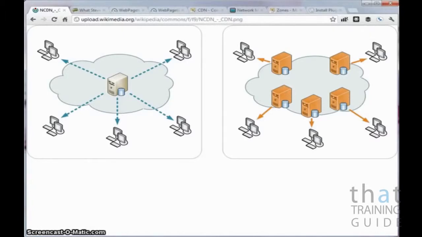I'm going to give you a quick walkthrough of how to implement a content distribution network for your WordPress-powered website. First, you might want to know what a content distribution network is, and you can see an image here of how a website is traditionally served from a single server out to all of your users out there on the